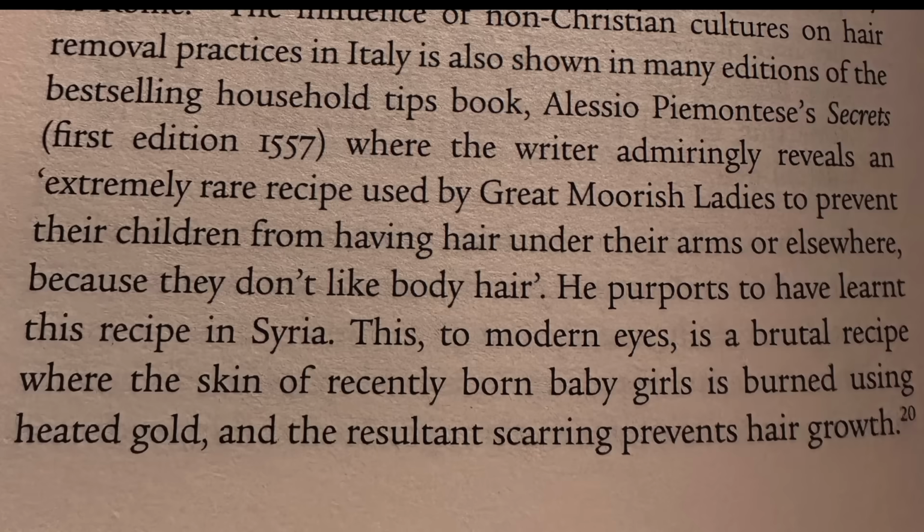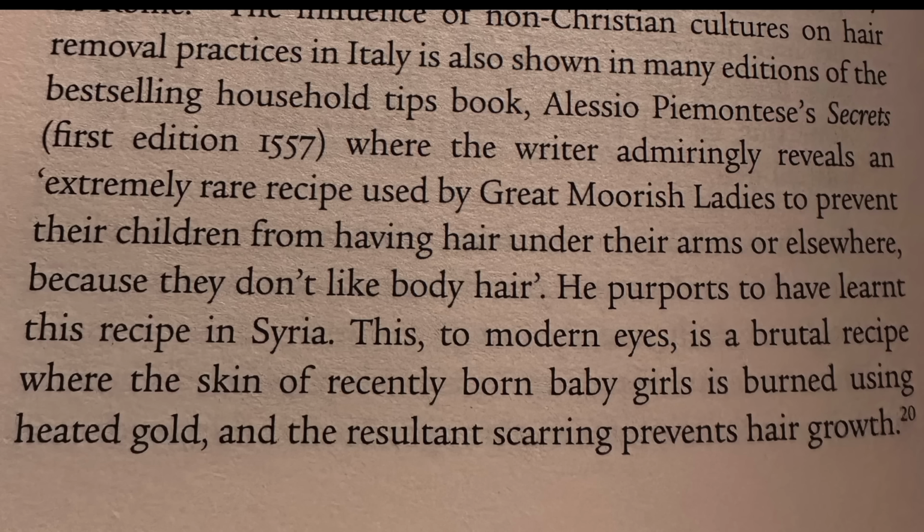So this extremely rare recipe used by great Moorish ladies to prevent their children from having hair under their arms or elsewhere because they don't like body hair. Now this, to modern eyes, a brutal recipe where the skin of recently born baby girls is burned using heated gold, and the resultant scarring would prevent hair growth. It seemed that this method was also used for forehead hair, and they would actually use a gold ducat ring and heat it so hot that they could just singe the skin and the scar would stop the hair